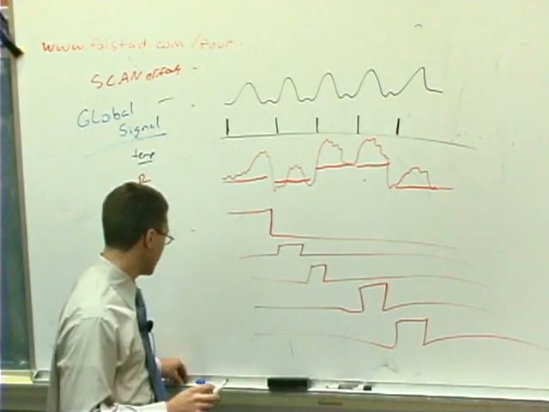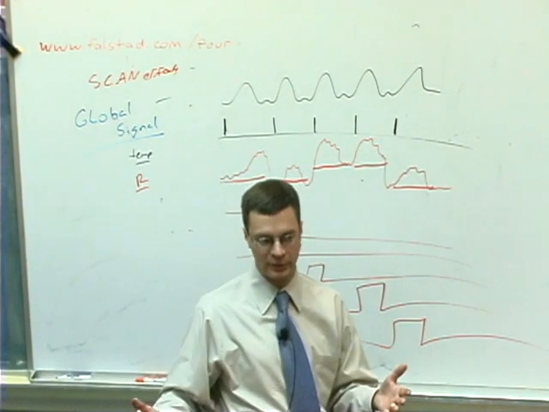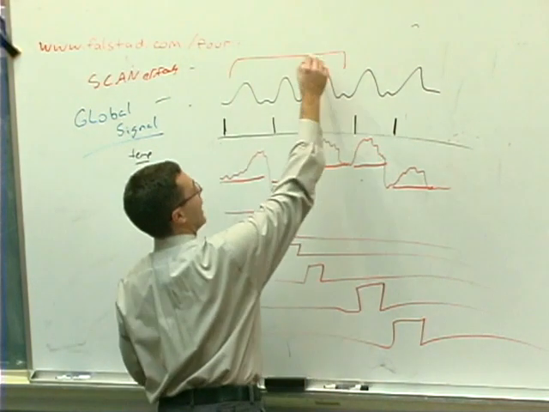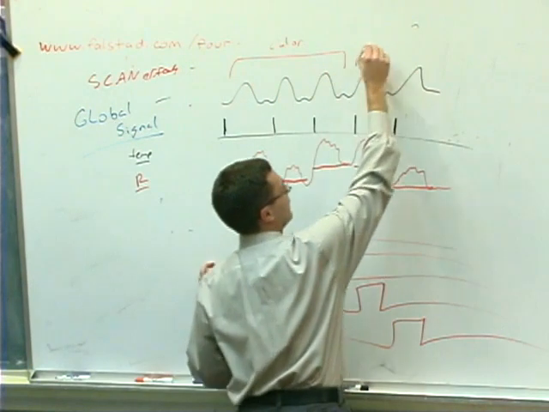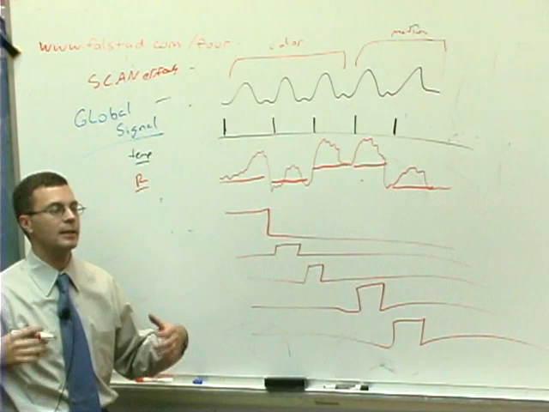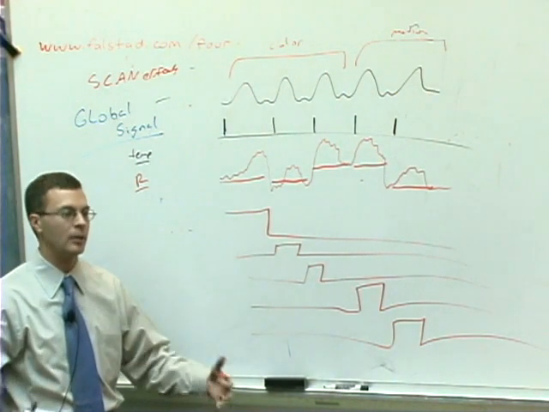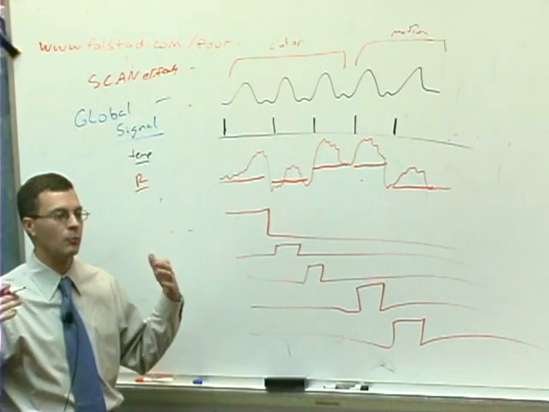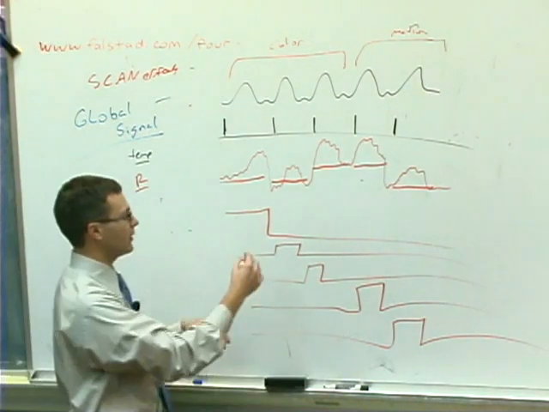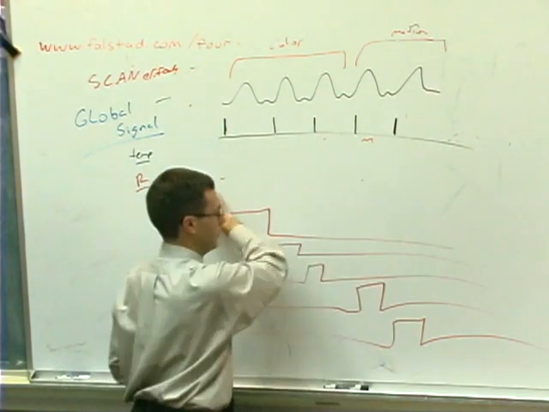Well, it's possible. And in fact, there's a whole class of experiments now that try and distinguish between sustained versus transient changes in neuronal activity. And it might be the case that, during these trials, the subject was being asked to retrieve information about color. And during these trials, the subject was being asked to retrieve information about motion. And it might be the case that, while you're in the state of waiting for questions about color, you increase neuronal activity to some area of the brain. And while you're in the state of waiting for questions about motion, you increase neuronal activity to some other area of the brain. So it might be the case that, in reality, you should observe data that looks like this,